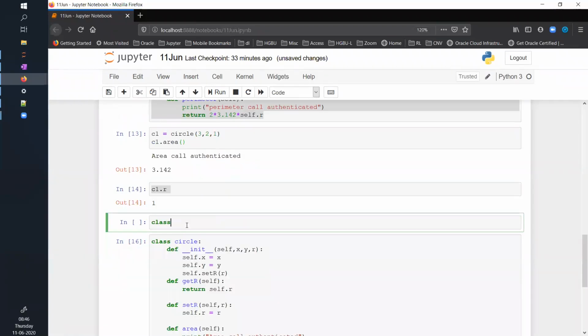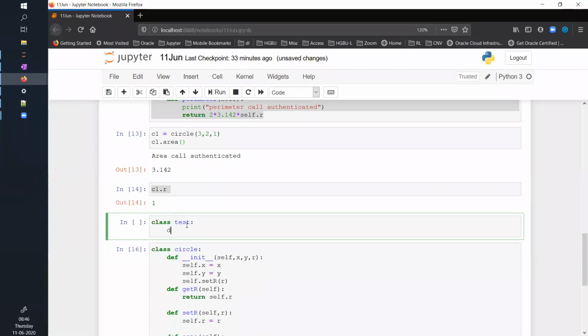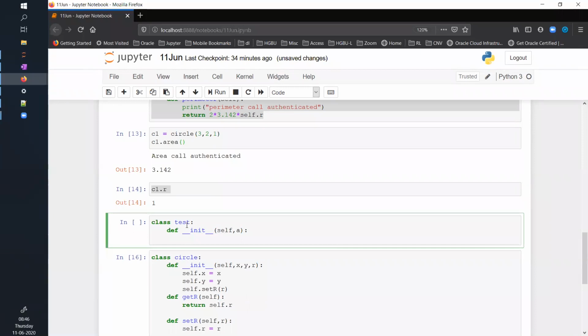Class Test, and I'm saying def __init__. To make the attributes private, you give a double underscore: __a = a.